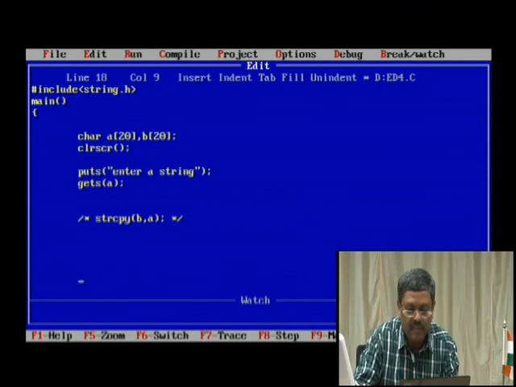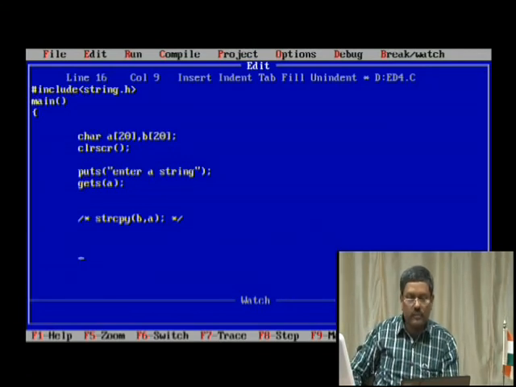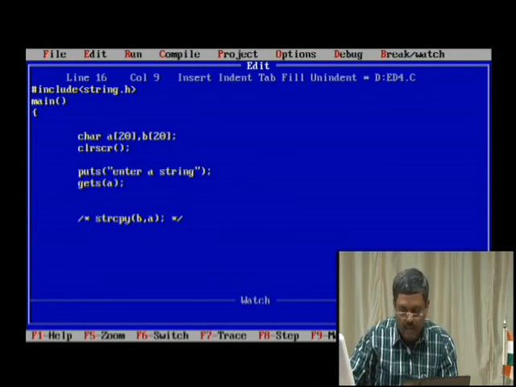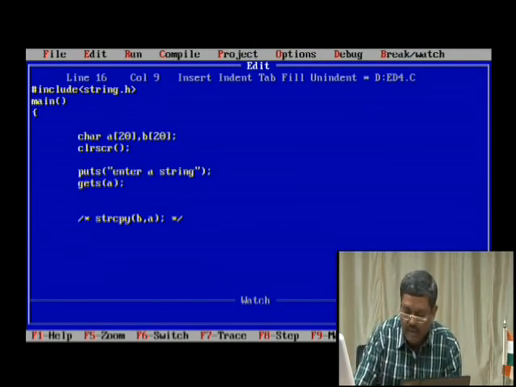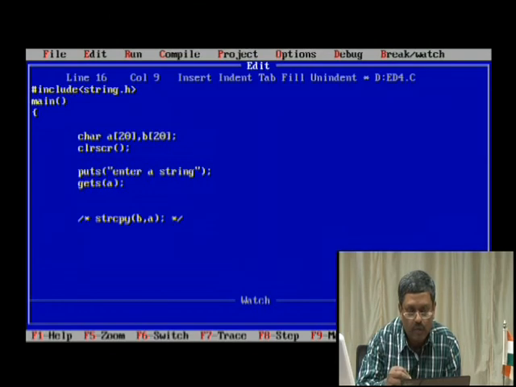Now I have to replace this with my own code. How to do that? Once you receive the characters, you should keep picking up character by character from array A and putting it into B. For example, you pick up M from Mysore, that is from A of 0, and that should go to B of 0.